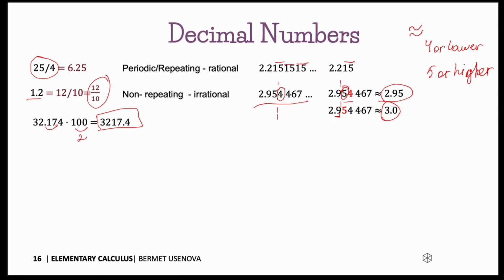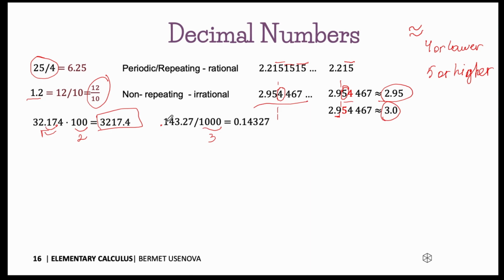The same goes for division, except we move the point back to the left. Here you can see an example of division. If we move the point to the right for multiplication, for division we move it back to the left. We count the number of zeros, in this case it's 3, and we move the point 1, 2, 3. So we put it here. So our answer will be